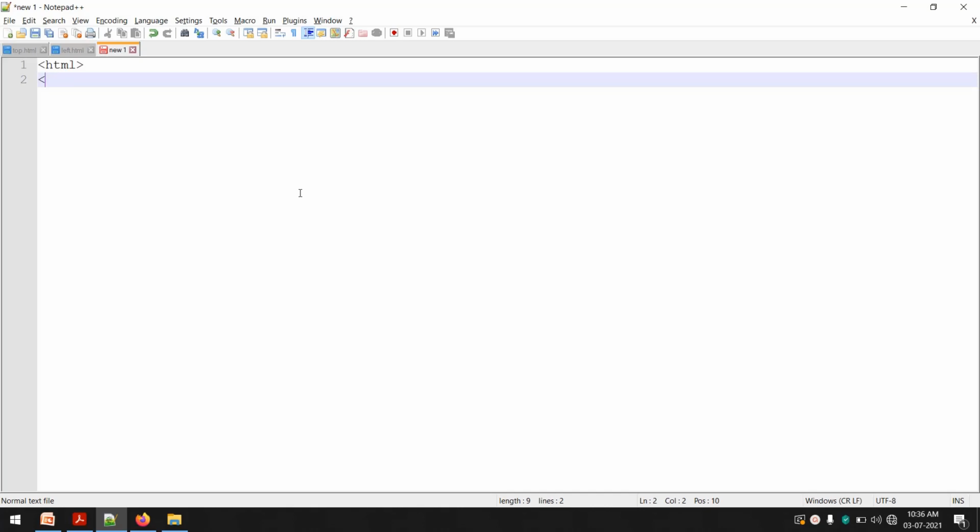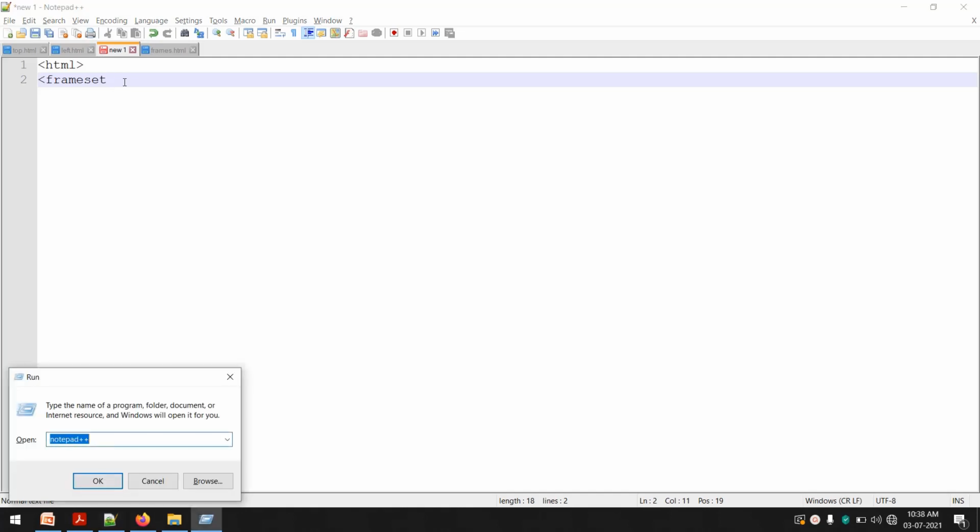We do not want body here. Okay, we are creating a frameset. An HTML document may have either a frameset or a body. So here we need a frameset. So we will create a frameset. Now as I've said, we want to create 2 rows.